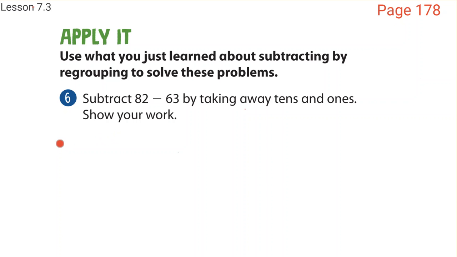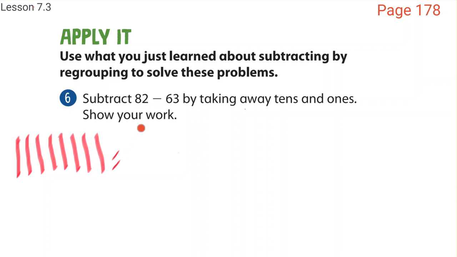So we can do this. We can say, how many 10s are in 82? There are 8 10s. I'm going to move it over a little bit more so we have more room. 1 10, 2 10s, 3 10s, 4 10s, 5 10s, 6 10s, 7 10s, 8 10s, and then 1, 2 for those two ones. But I want to subtract 63, but oh, wait a minute, I don't have enough ones